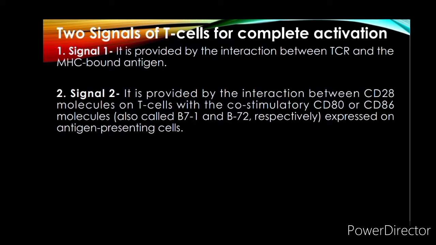So the CD28 co-stimulation is essential because in the absence of signal 2, the T cells undergo apoptosis or become unreactive, or anergic. So this two-signal arrangement may be a foolproof way to ensure that the normal individual successfully prevents